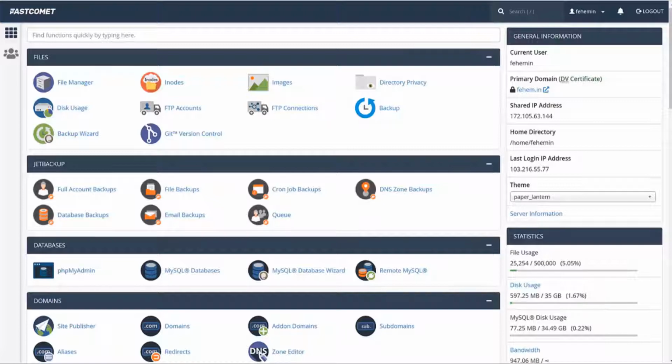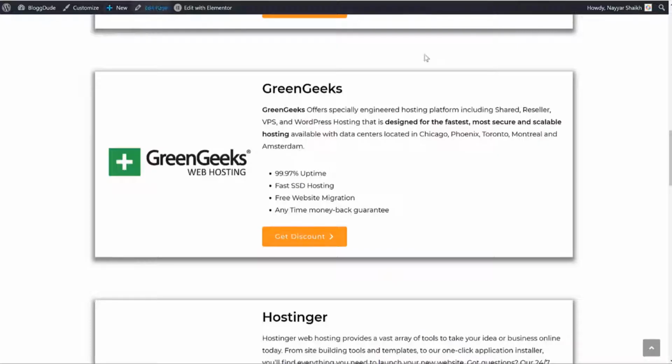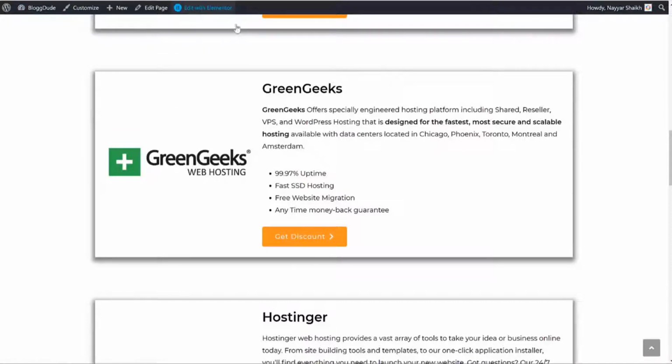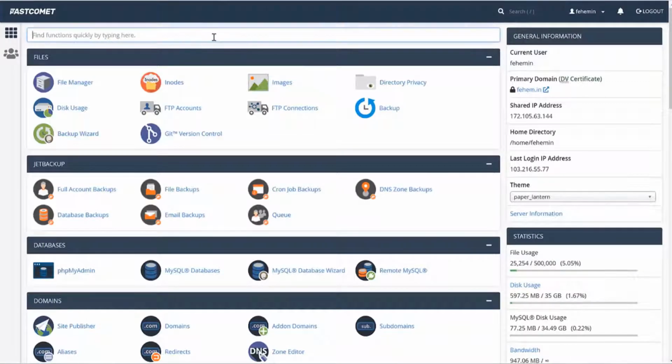Now first of all, what is an SSL certificate for people who are new? So if you come back to my website blogdude.com, if you go to any website, you will see this lock pad over here. When you click on that lock pad, it says connection is secure. So this is your SSL certificate. This will help you to accept credit card, debit card payments on your website, and this will make your website secure. So you have to come over here, and to install SSL certificate, first see whether it is already installed